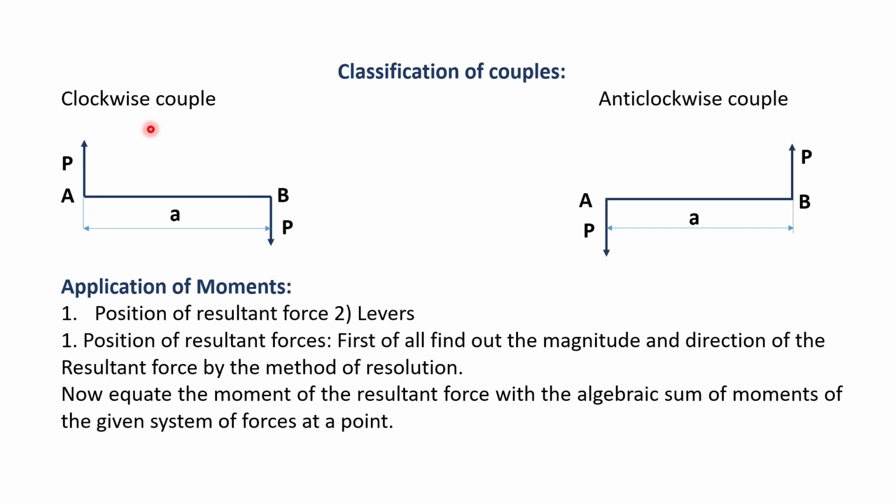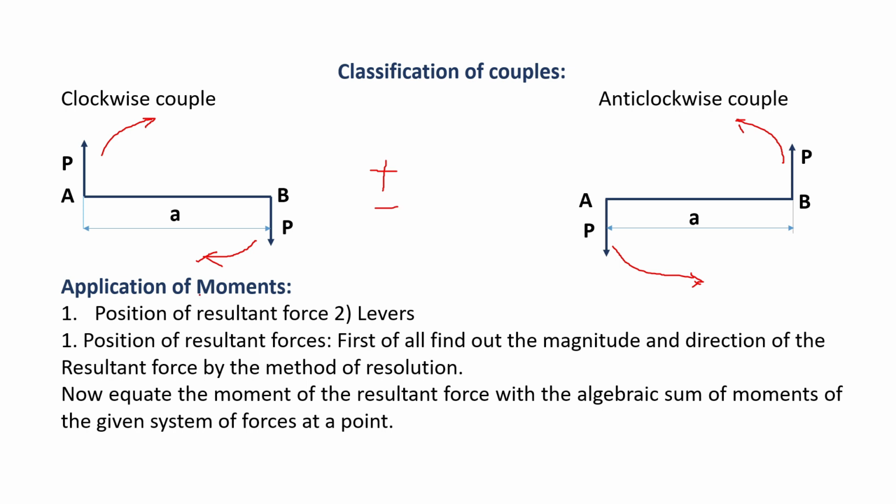So here you can see the turning motion in the clockwise direction. Similarly, for this anti-clockwise couple, you can see it is giving the sense in the anti-clockwise direction. That's why, according to the type, it is a clockwise or anti-clockwise couple. The same sign convention we consider for the moment as well, clockwise moment and anti-clockwise moment. You must be aware that we consider the positive sign for the anti-clockwise moment and negative for the clockwise moment.